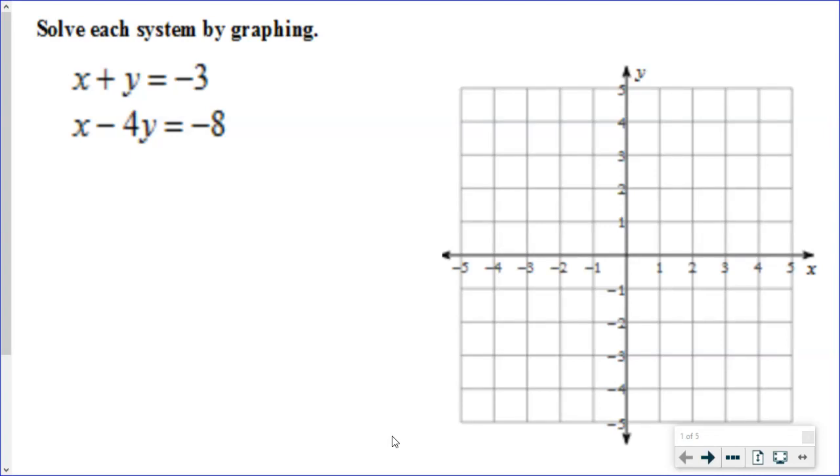Or afternoon. Okay, so today we are doing another day of graphing. So we're going to solve systems of equations by graphing. So if you were in school on Tuesday, you would have this already. Please take it out. If not, take some graph paper out, take a pencil out, take some paper out, take